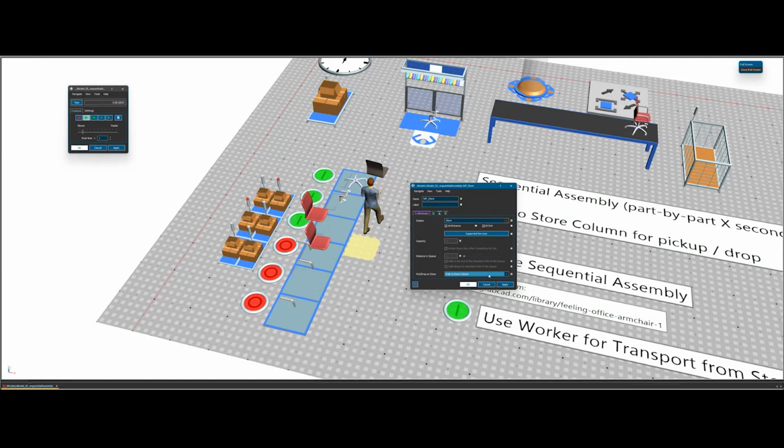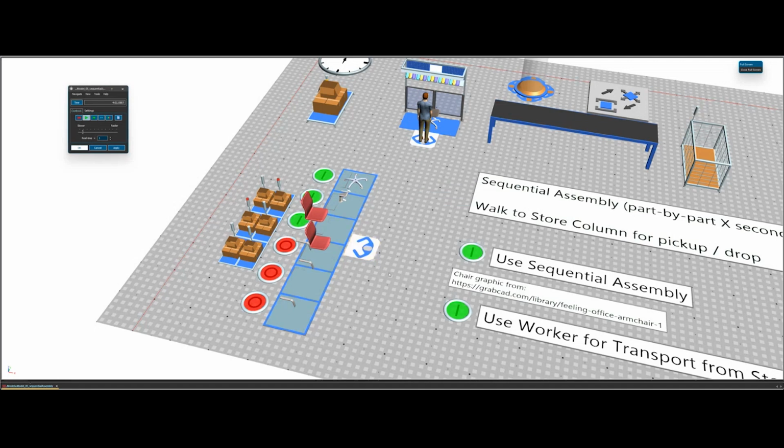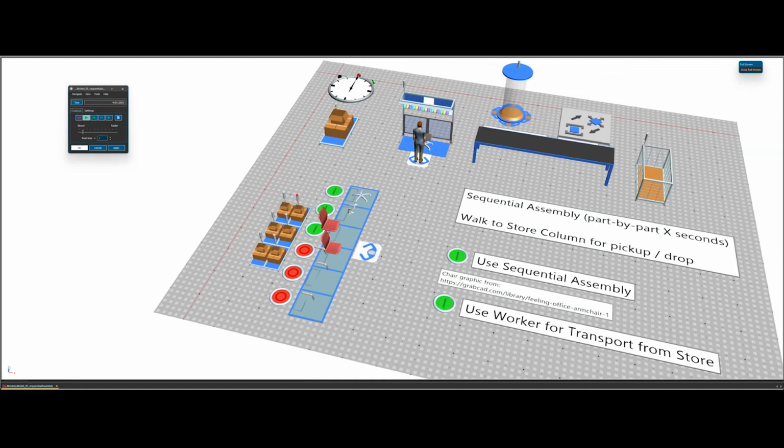But you can also now choose what I have active here, walk to store column. So he will walk a little less far if he has to get the part from up here, and he has to walk to the bottom of the store if he has to get the parts from down here. So now he's walking to the column, one of my 6 storage columns here, where he's going to take the part from or deliver it to.